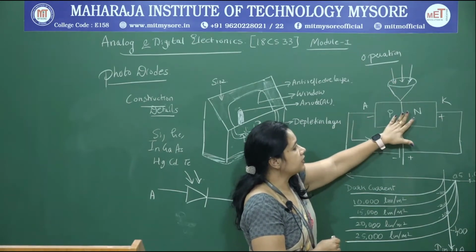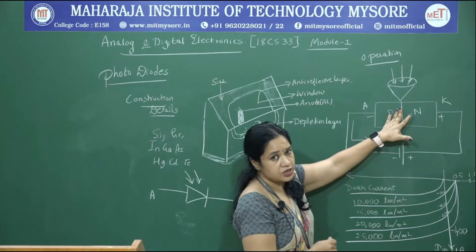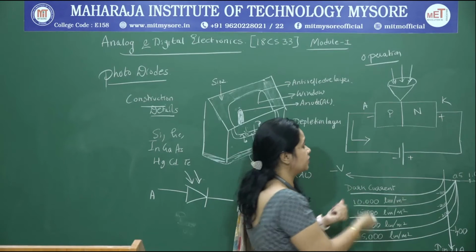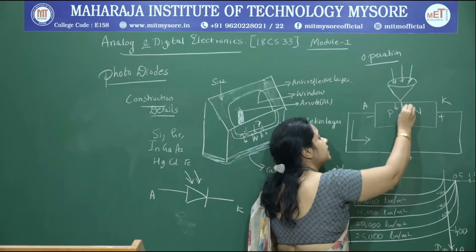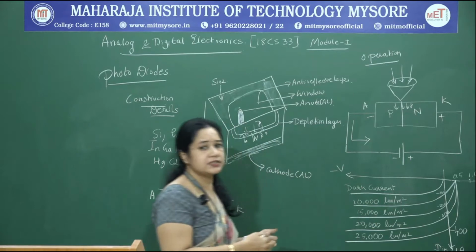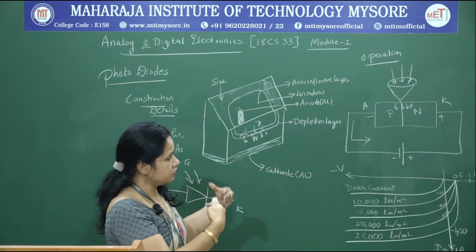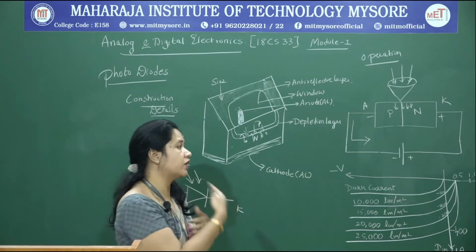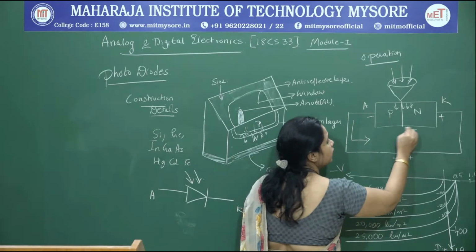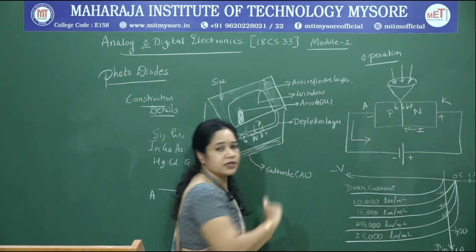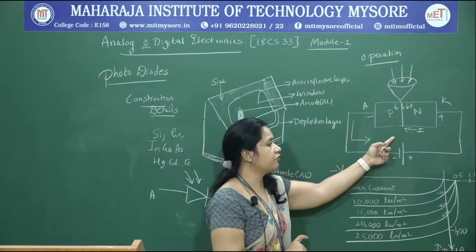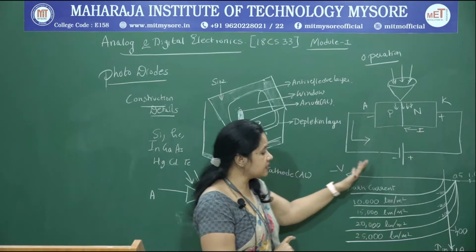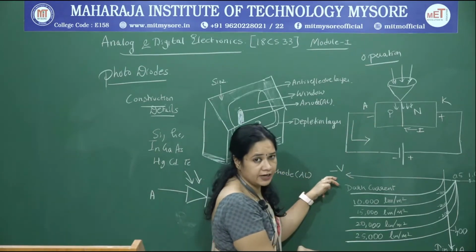What happens when the light falls on the PN junction is that the energy of the photons of light is picked up by the charge carriers here, and as a result the electrons and holes start diffusing over the depletion region, they overcome the depletion region, and as a result you can see a reverse current flowing in the circuit. The amount of current flowing in the circuit depends on the light intensity falling on the junction, and this can be understood with the help of the VI characteristics.